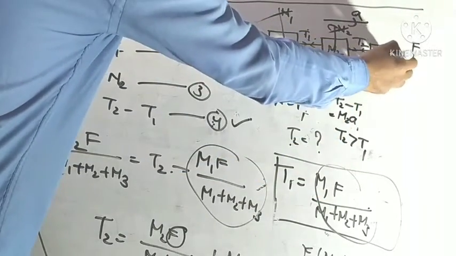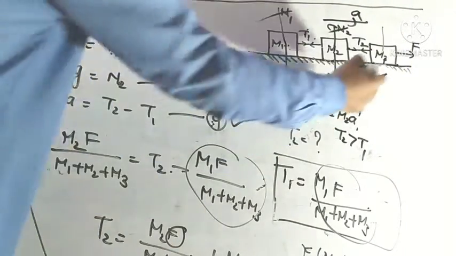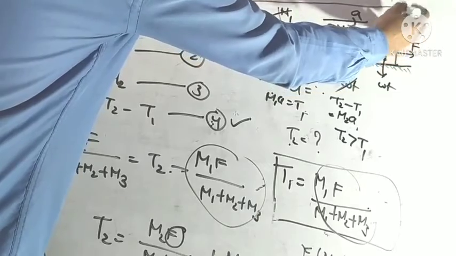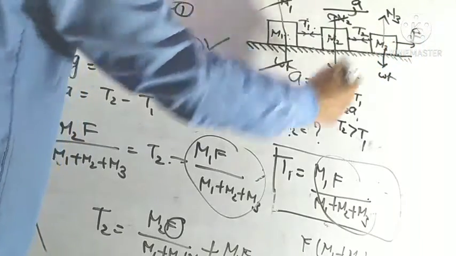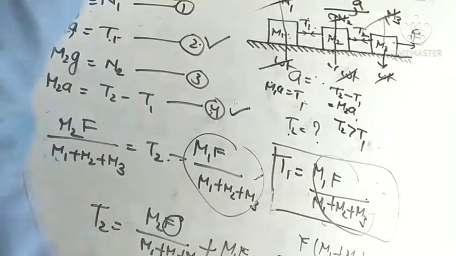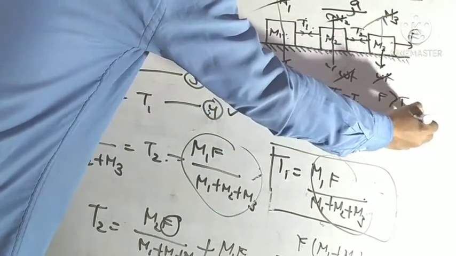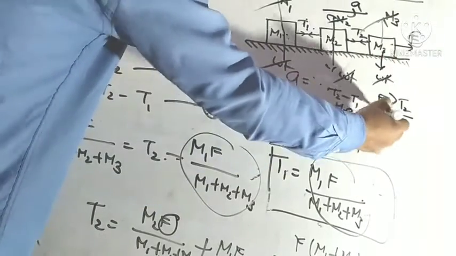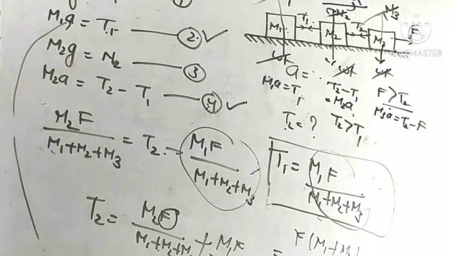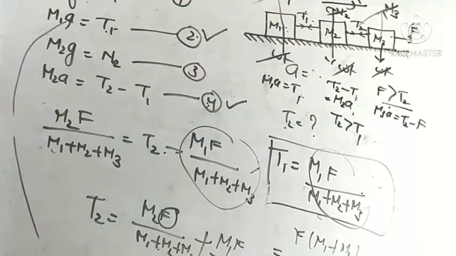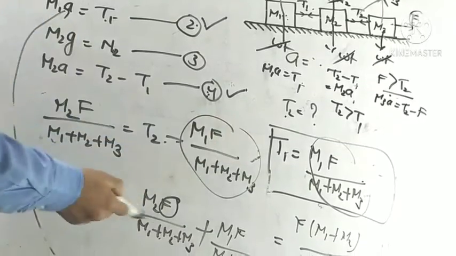And now we discuss the third body having mass m3. So here there are four forces working on this body. Weight of this body works vertically downward, normal force upward, applied force on the right hand side and tension T2 on the left hand side. These two forces balance each other, and this body will move right hand side with acceleration a, so the applied force must be greater than tension T2 in the string. Okay, so the net force working on this body will be m3a is equal to F minus T2. Okay, so now we use only these three equations to find the unknown quantities. Okay, and after solving we will get the acceleration, tension T1 and tension T2.